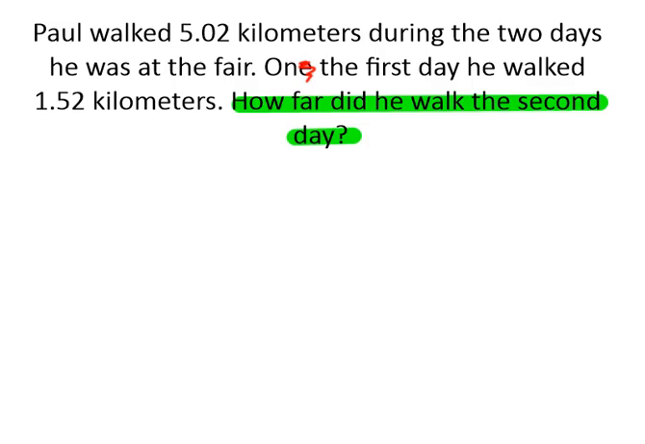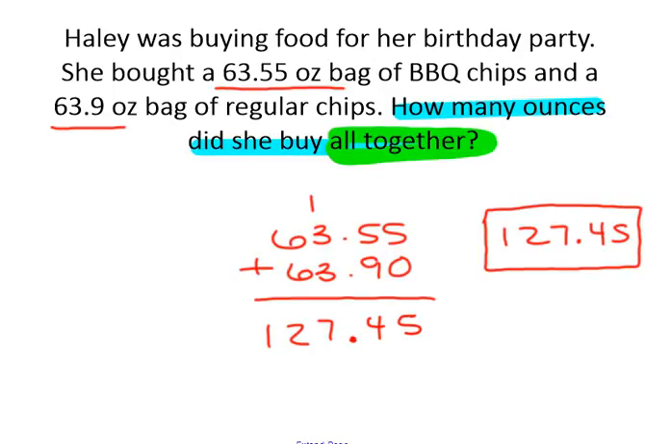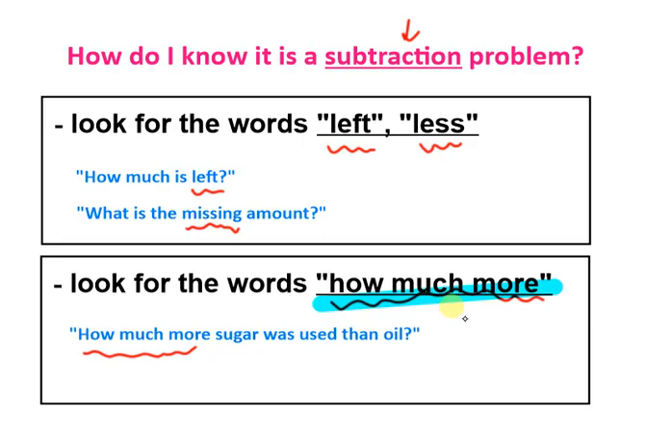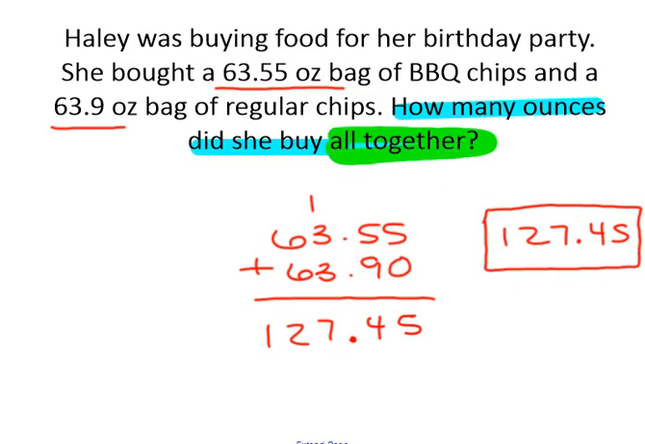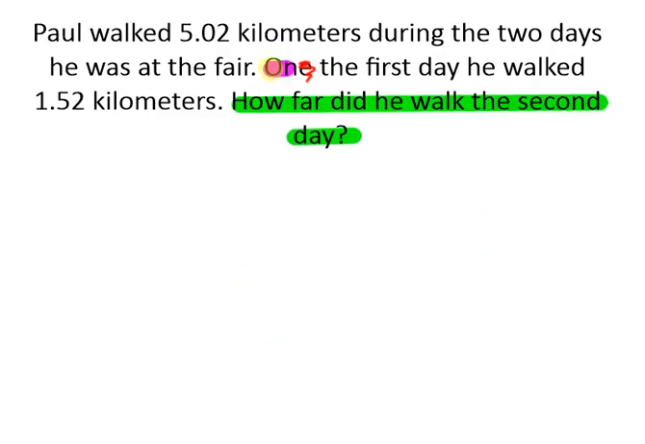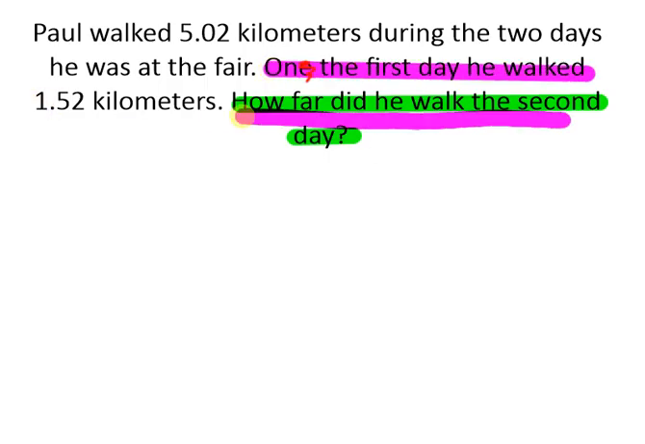Paul walked 5.02 kilometers during the 2 days he was at the fair. On the first day, he walked 1.52 kilometers. How far did he walk on the second day? So this is going back to that second type of subtraction. And I'm going to go all the way back here. The how much more. And again, it's not explicitly said, but it's on the first day he walked this, so how far did he walk on the second? Okay, so it's going to be